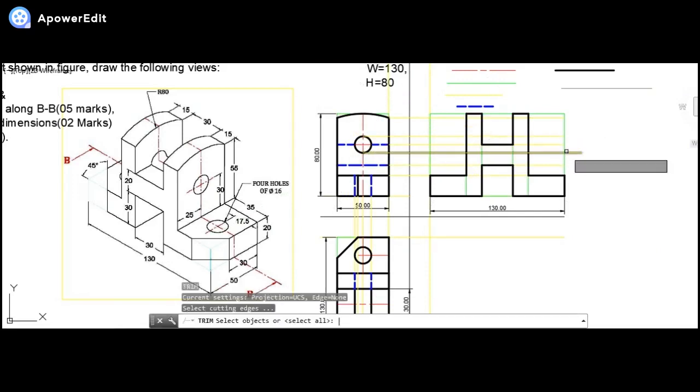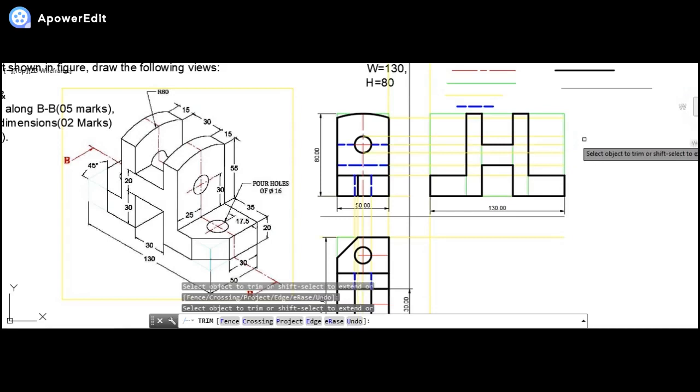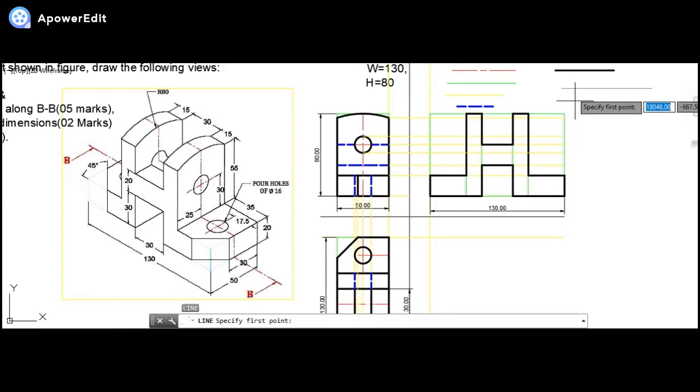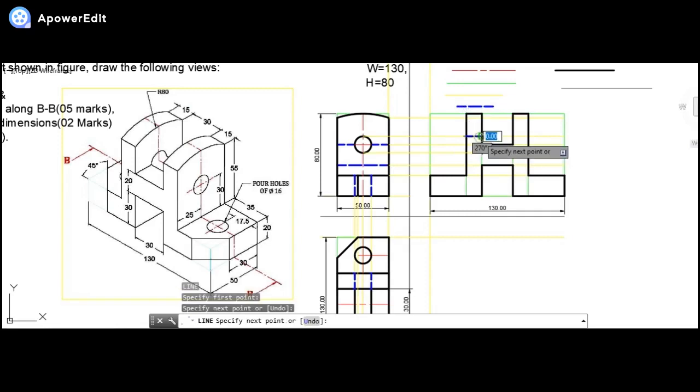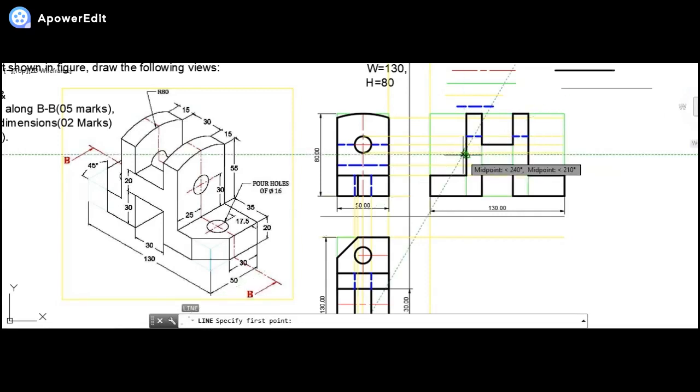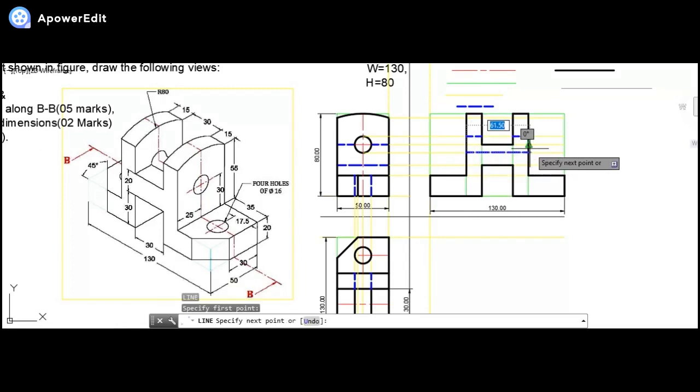So now I can simply trim it out. So this is the one. Okay, so now whatever the hidden lines are there, those I can simply show as hidden lines, that we are talking about the through circle, this one, the through circle, this one. Even if I say about the through hole, at the bottom it will be an entire through hole till here.